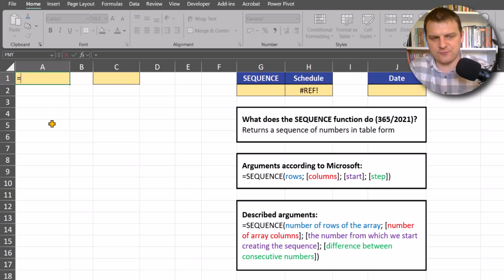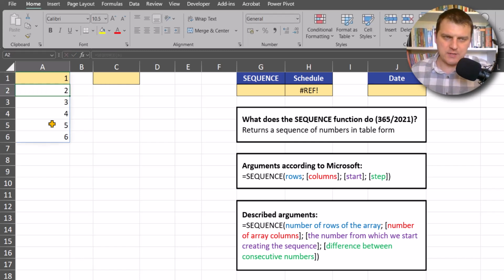So let's write the SEQUENCE function and let's return 6 rows, just 6 rows. And when we just write the number of rows, we will get a column starting from 1, and each number is larger by 1. So to each next number we are adding 1. So this is the simplest sequence, but we can